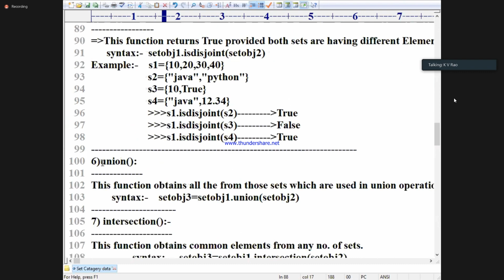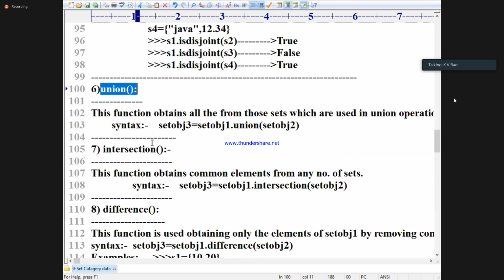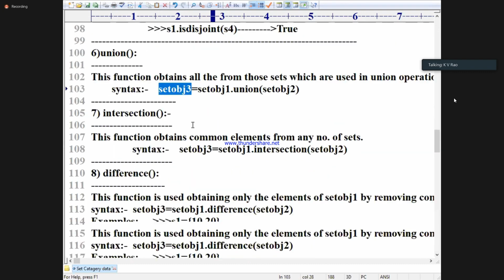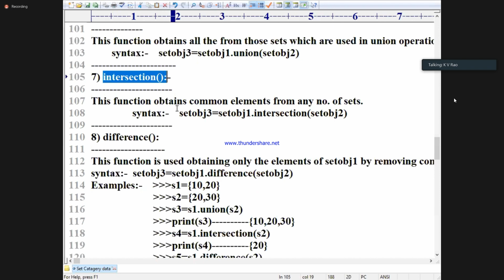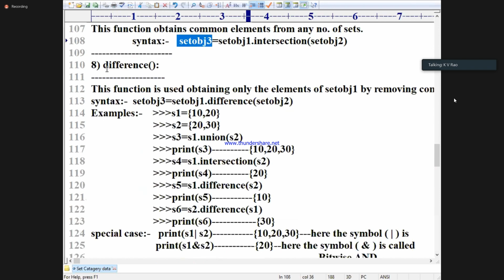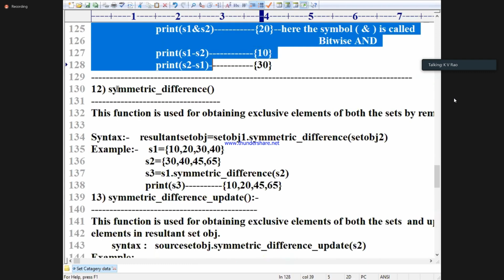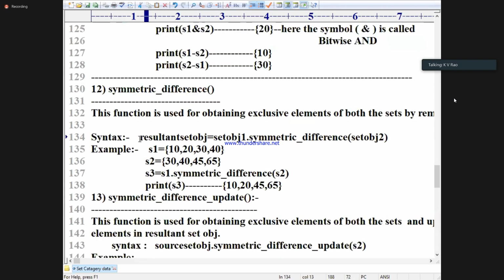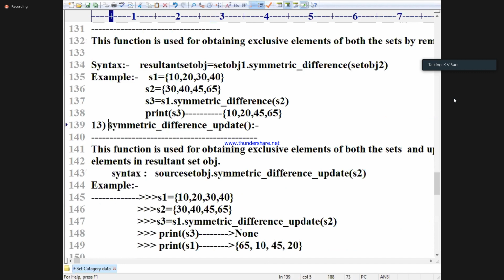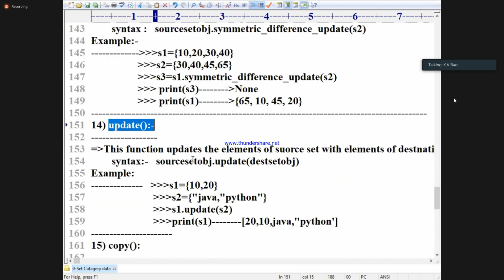No problem. Union? Yes, it returns an object. Intersection? Yes. Difference? Also yes. Special case I told you, remember that. Symmetric difference? Also a resultant object. Symmetric difference update? Not there. Update? No. Copy?